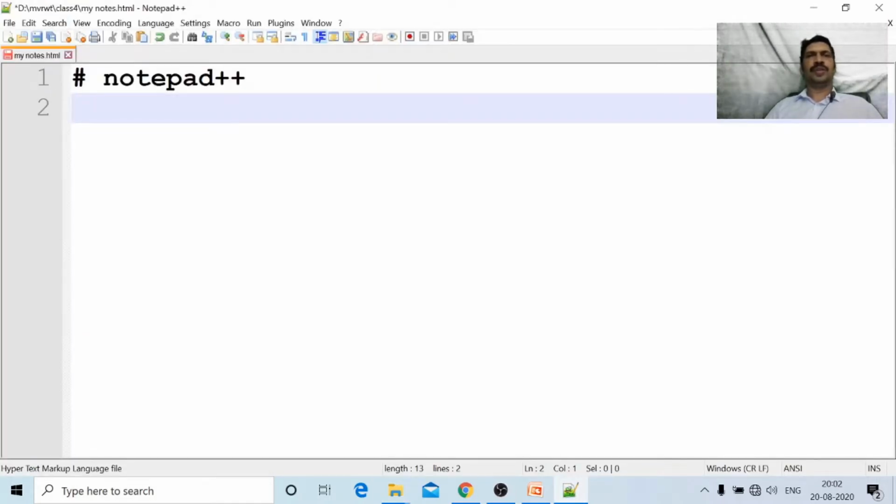Notepad++ is installed. Okay, I am opening it. I am writing the first program using the anchor tag. Today the tag we have discussed is the anchor tag. This is the starting of the tag. The end of the tag is /a. This is the end of the tag. Starting of the tag, end of the tag, a and /a. Whatever text is between a and /a is called hypertext.